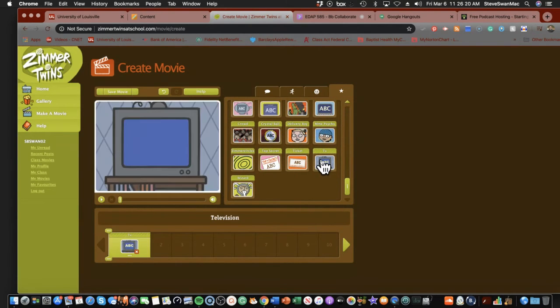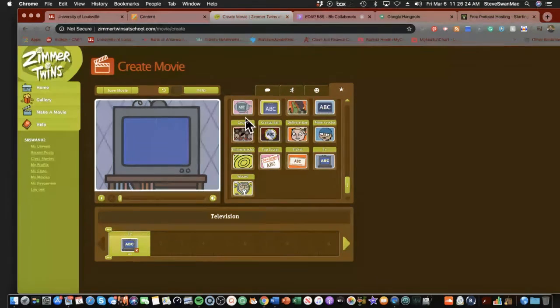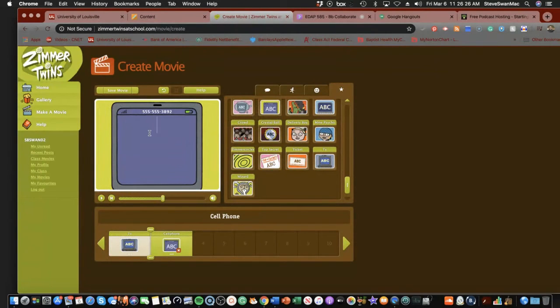So I'm going to go ahead and pick a beginning screen of a television. Or, you know what? I'm going to use an iPhone or a phone. And I'm going to basically just type in the prompt. And as you can see, it puts it in down here.